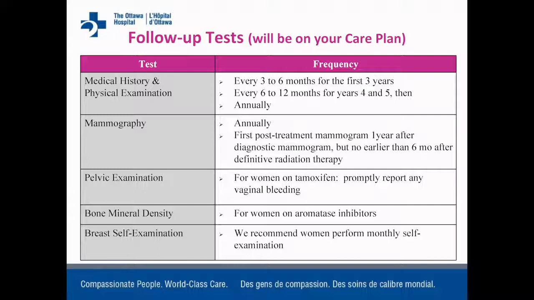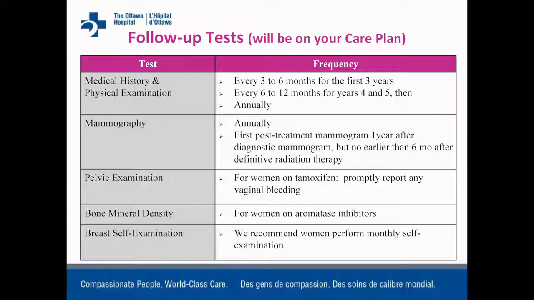And lastly, we still recommend that women perform their monthly breast self examination. I'm going to let Carrie discuss the technique for breast self examination in a moment, but one of the things I do recommend is that for women who are postmenopausal, you pick a significant day in the month, whether that be the first Sunday, the first day of the month, or your birth date, and use that as your cue